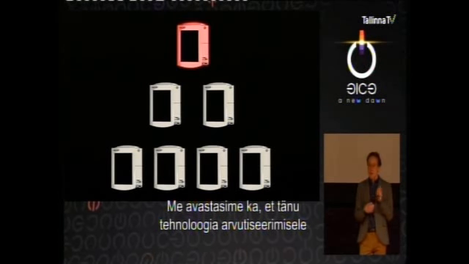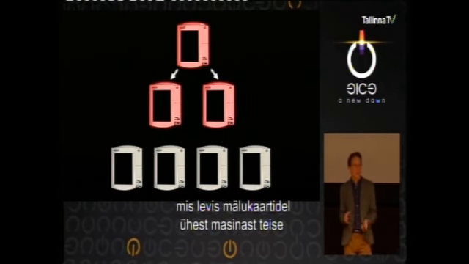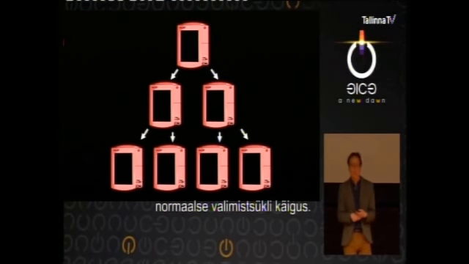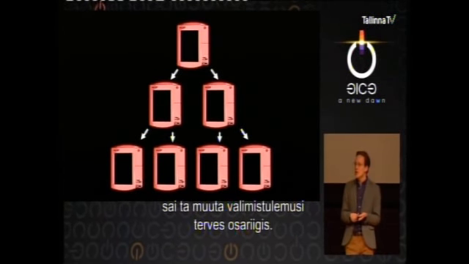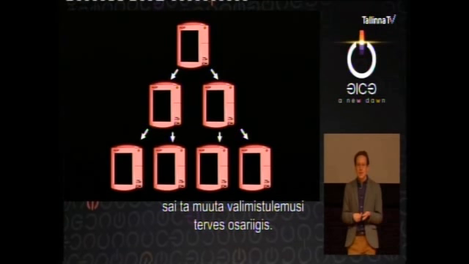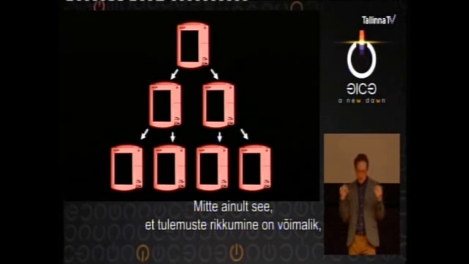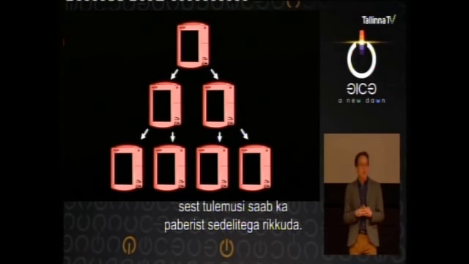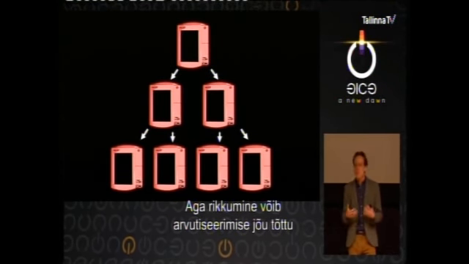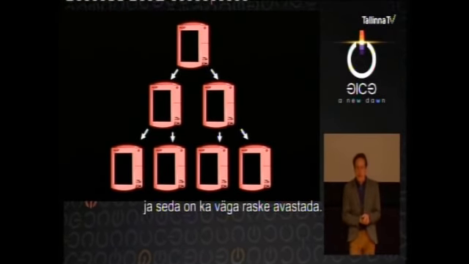We also discovered that thanks to the computerization of the technology, we could create a voting machine virus that would spread on those memory cards from machine to machine to machine in the course of a normal election cycle, so that someone who had just a few minutes alone with one voting machine could change the election outcome in an entire state. That's really the danger of e-voting to me: it's not just that tampering is possible with paper ballots too. It's that tampering, because of the power of computerization, can be much more wide scale with a very small conspiracy, and also very hard to detect.